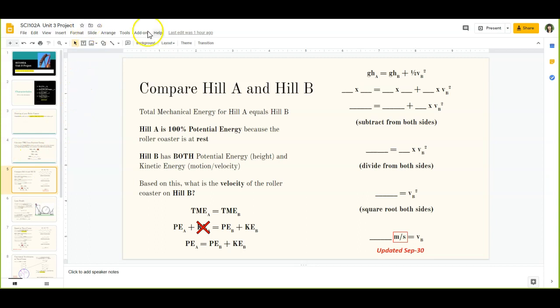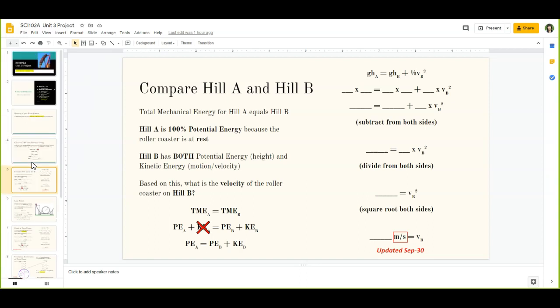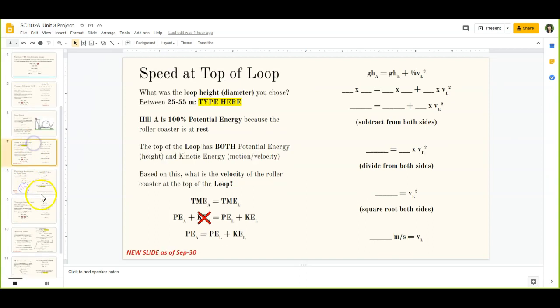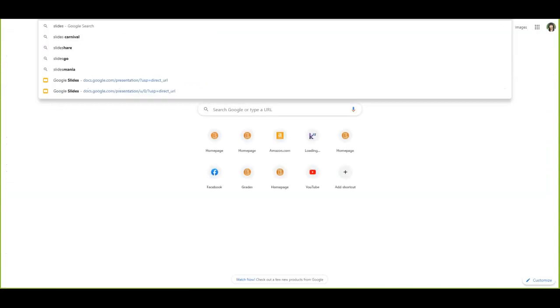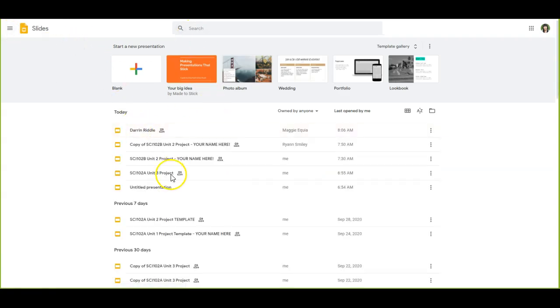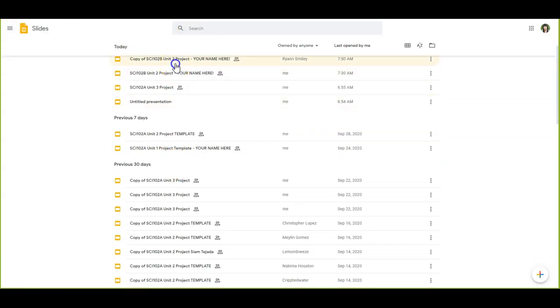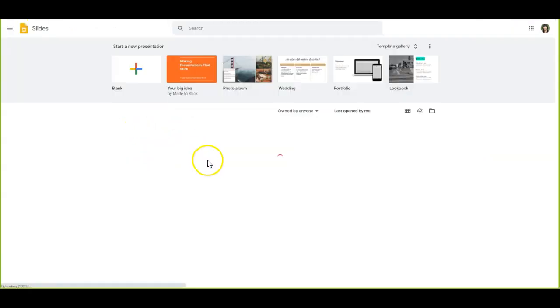So when you open up the link to this updated PowerPoint, you can either use the entire updated PowerPoint and just transfer your information over, or you can just copy and paste yours into your old presentation. So if you go to slides.google.com, again, this is slides.google.com, if you already have your copy,